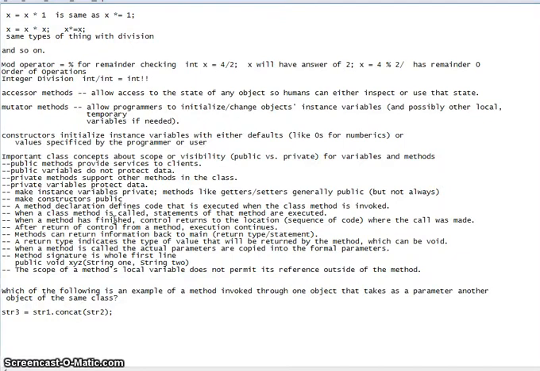After return of control from a method, execution continues. That's true. Methods can return information back to main. Remember, getName sends information back. It sends the name back to be printed out. A return type in a method